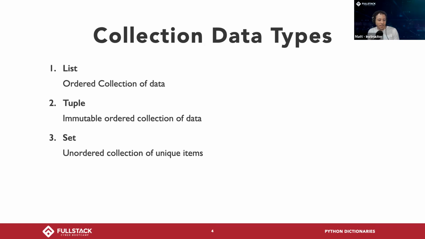We have a set, which is an unordered collection of unique items. So we can't have any duplicates in it, and there's no order to it. Again, we're not going to be playing too much with sets. We're not going to need them too much for our problems. I just want you to be aware that there is a different kind of collection type called a set, and the items are unique inside of a set. Sometimes those are useful to us. For the problems today, I'll be straight up,